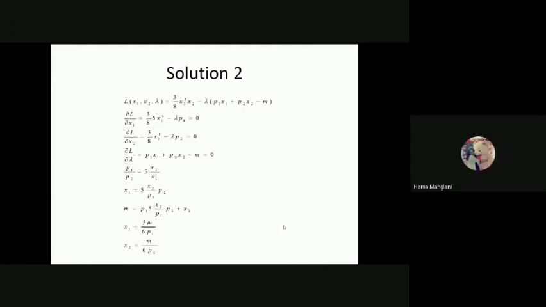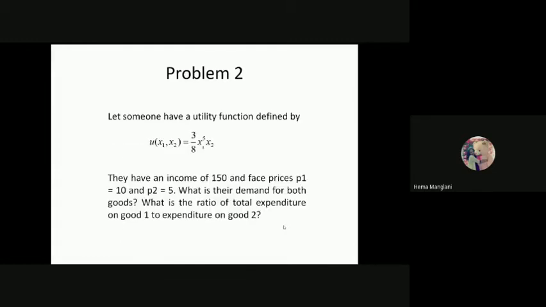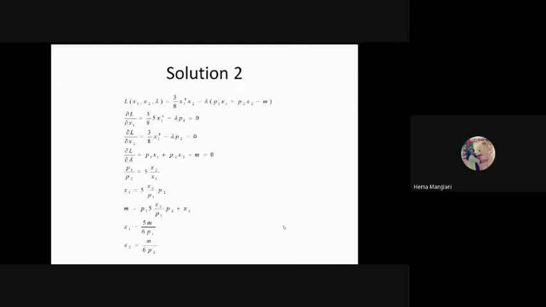Then we'll go for the solution to problem two. This problem two was, let someone have a utility function like this. Okay, that is also revealing Cobb-Douglas preferences. And these Cobb-Douglas preferences we can also solve the same way that we do with the ordinary demand function. So the same way we'll be taking this ordinary demand function, the Lagrangian function. So here I'll put the utility function, and then you store your budget constraint in the lambda.